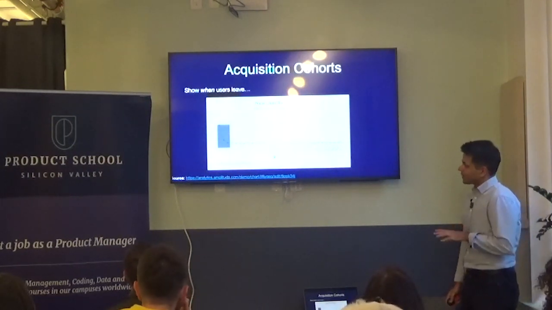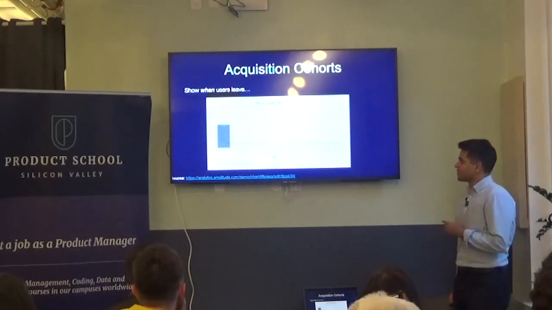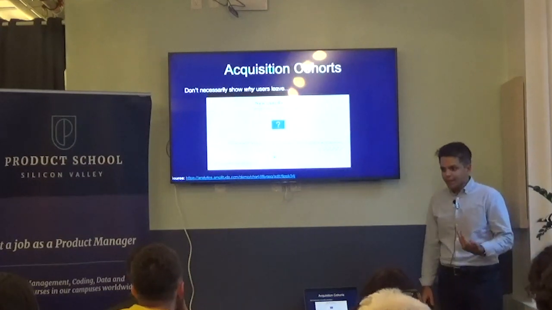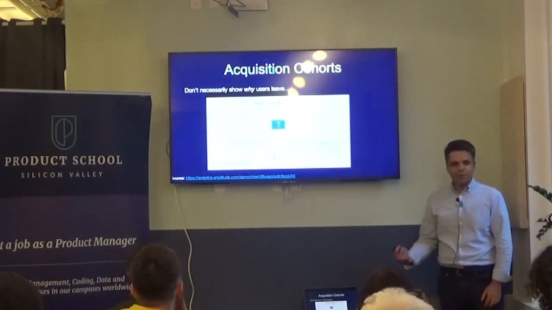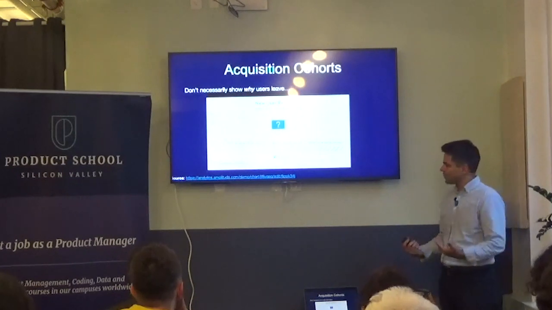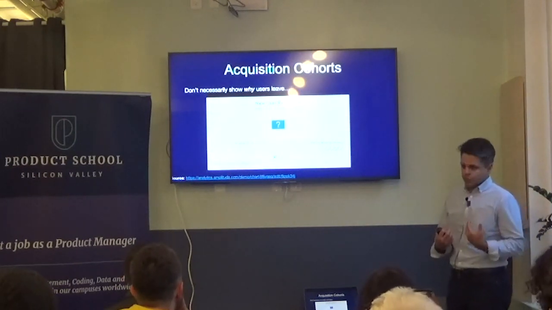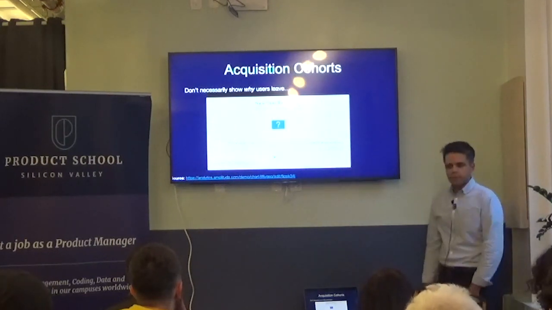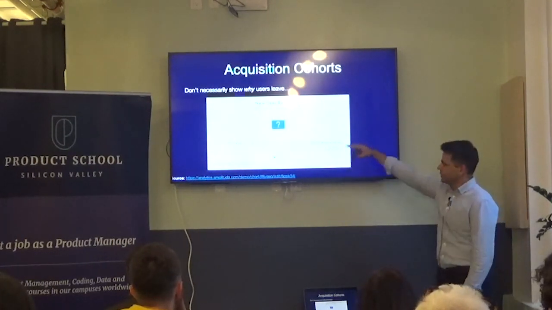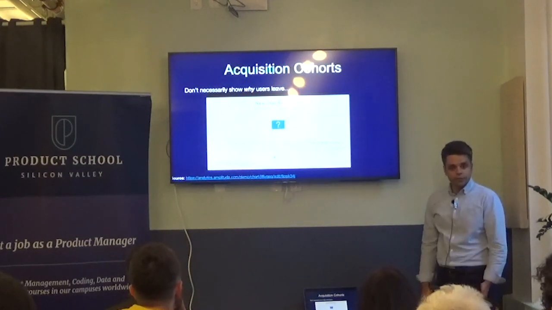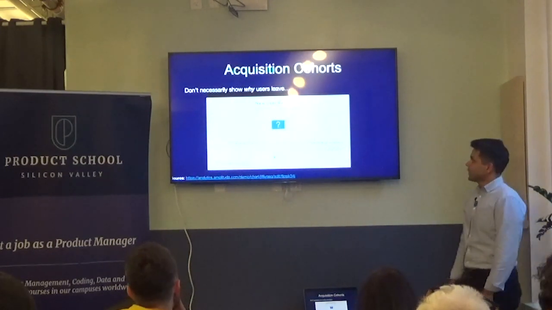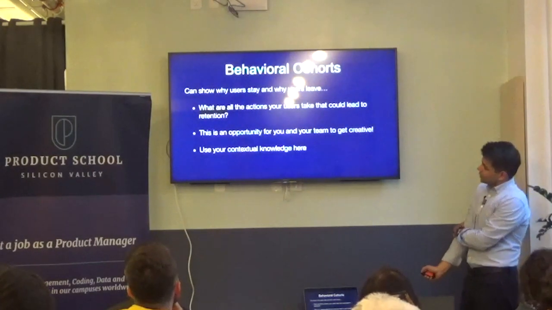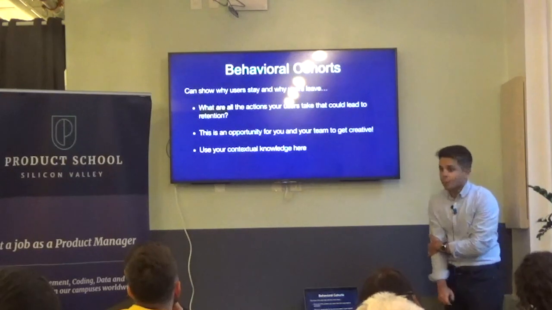So acquisition cohorts are really good for showing you when users leave, but they don't necessarily show you why they leave. You're just understanding the time period in which they left, which is valuable. Let's say the answer was onboarding and we made that better. We ran a couple tests. Maybe we wouldn't have as much drop off in the beginning, and that might lead to a higher retention curve. So behavioral cohorts. Now these can show you why users might stay and why they might leave,